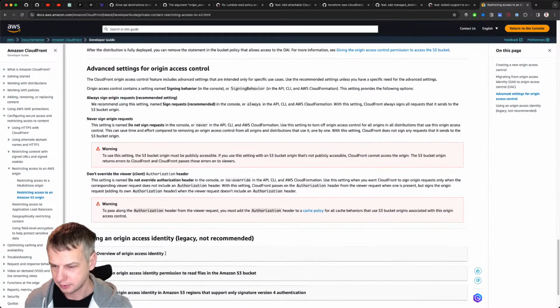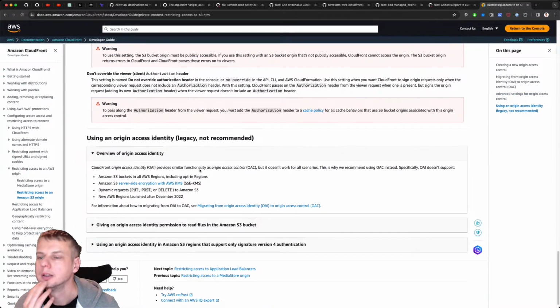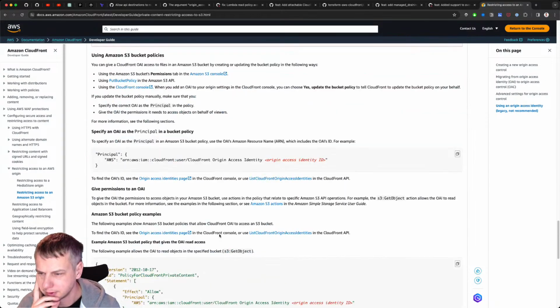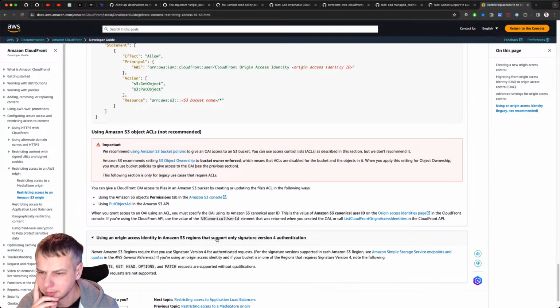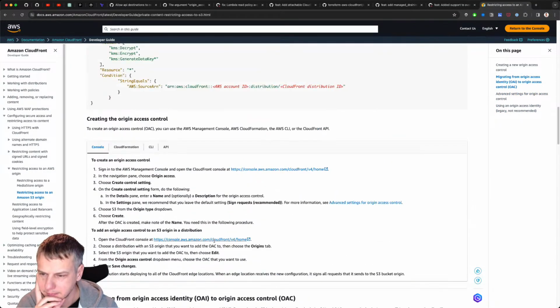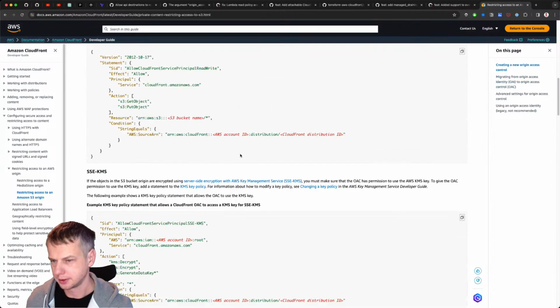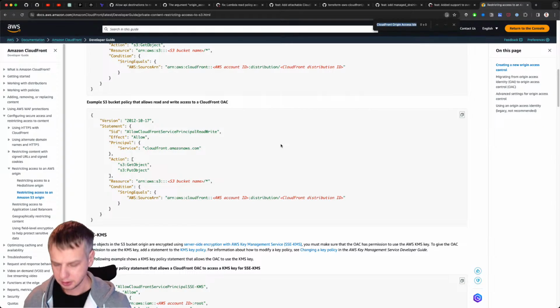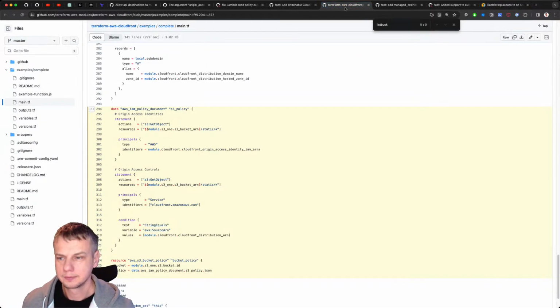And some advanced, of course. Legacy not recommended. Maybe we don't have to even implement it if it's so legacy. It's not a bad idea, but if there is a new version which is fully supported and doesn't have any drawback, let's see. So anyway, list bucket is not needed here.